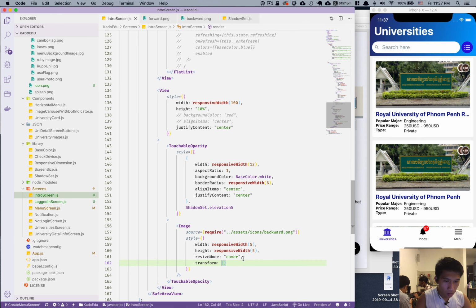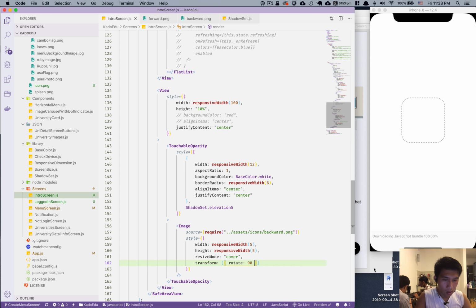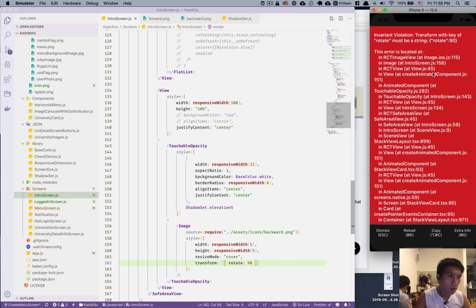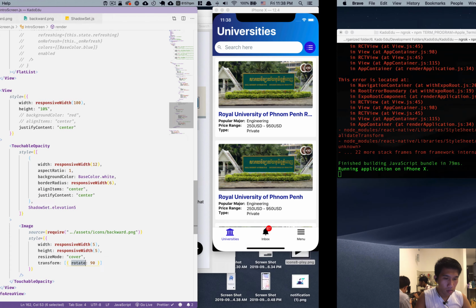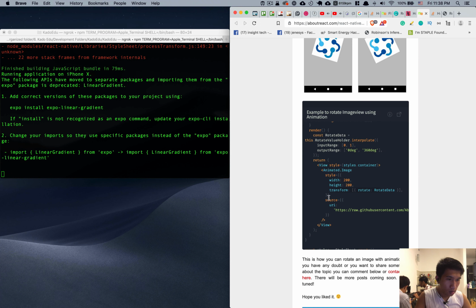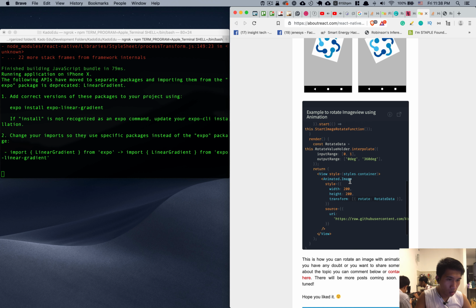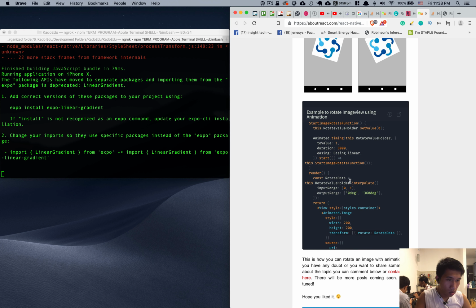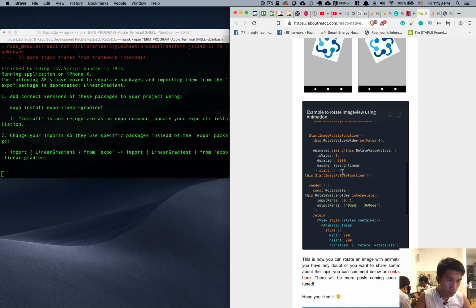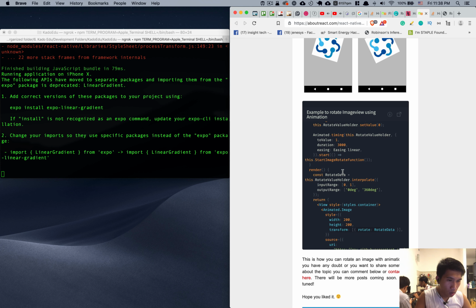Yep, an array with here and then rotate 90 degree. Then pew. Transform with the key of rotate must be a string. Oh man, why you are not working, man? So rotate data is literally